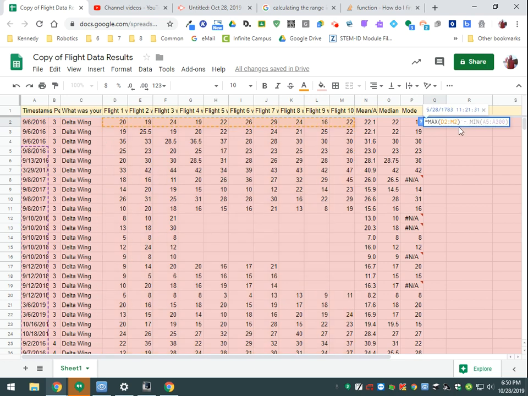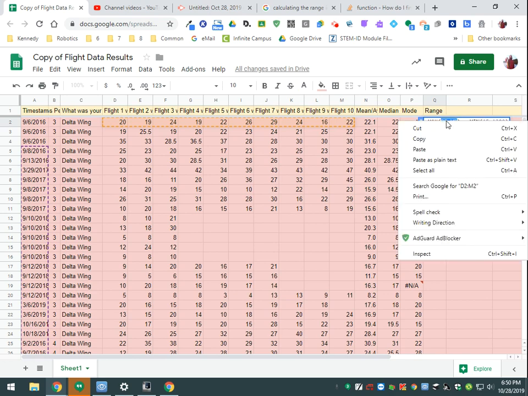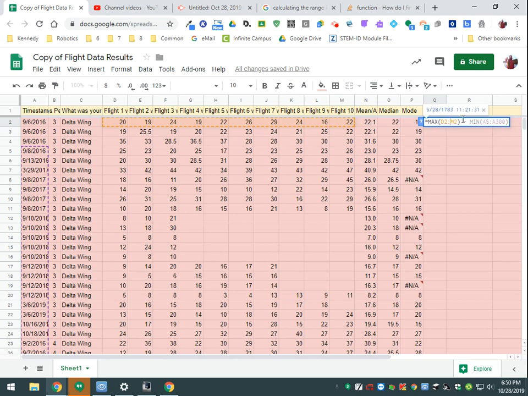And now our data still is not right. If you look at it, now we got a date. What's going on here? So let's double click on that and look at it again. Oh, we still have this formula A5, A300. So rather than retyping out D2 and M2, I'm just going to highlight it, press Control C, and then you could also right click and copy, I suppose. But then I'm going to come over here to the min, and we're going to right click and paste, or I prefer to Control V. And just like that, I press the enter key, and now I have 13 for my